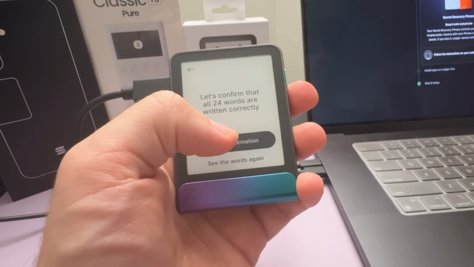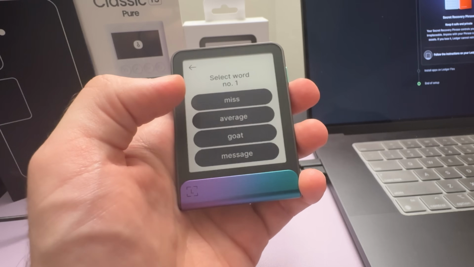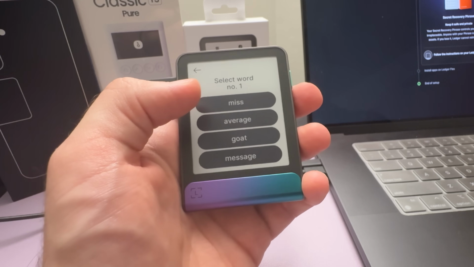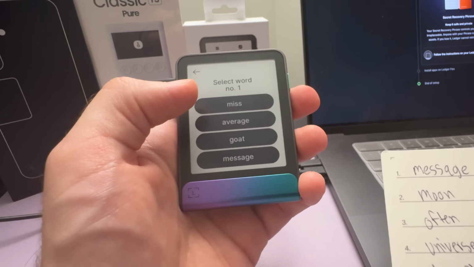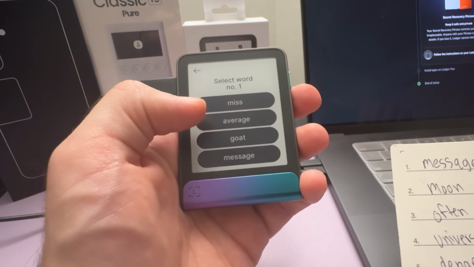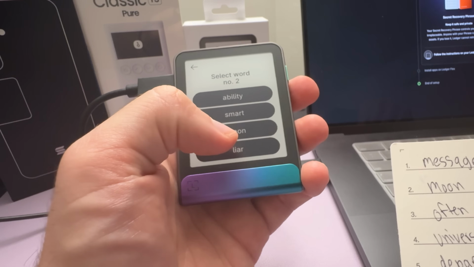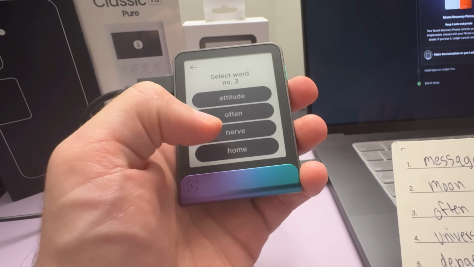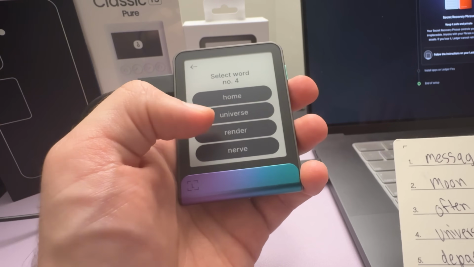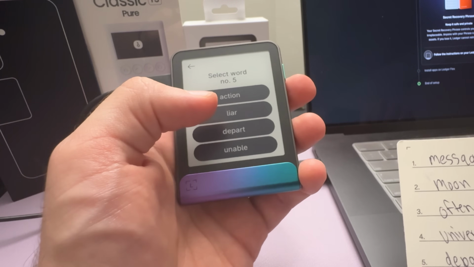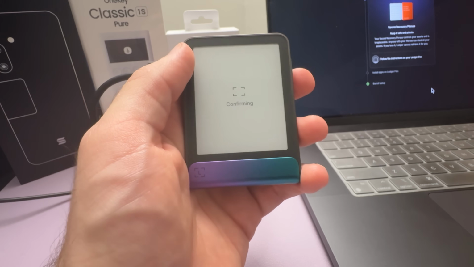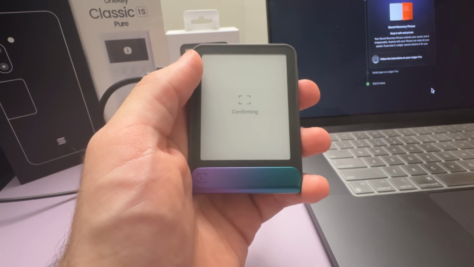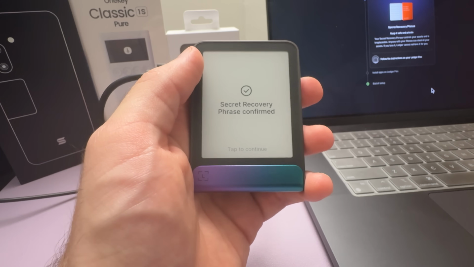And we just need to confirm that we wrote all the words down correctly. So just look at your seed phrase sheet and enter each word correctly. So word number 1 is message. Word number 2 is moon. Word number 3 is often. Word number 4 is universe, and so on. Continue to do that until you get to the very end. Okay, and then the device is just going to confirm that your seed phrase is correct, and it's been confirmed,